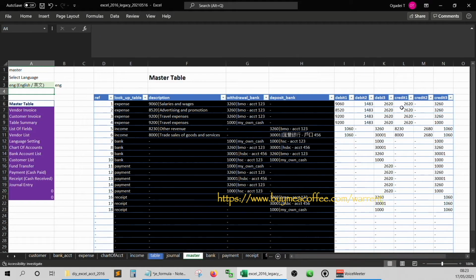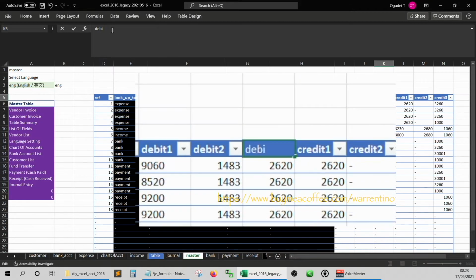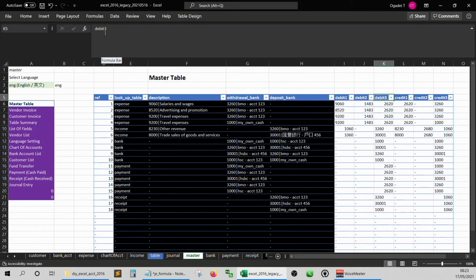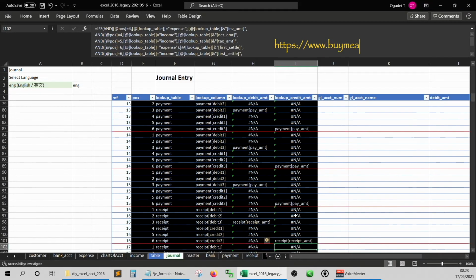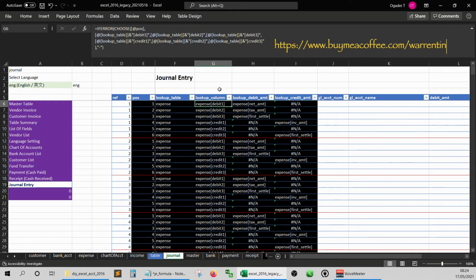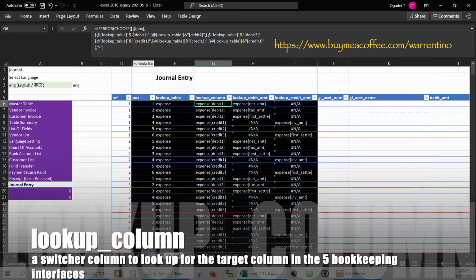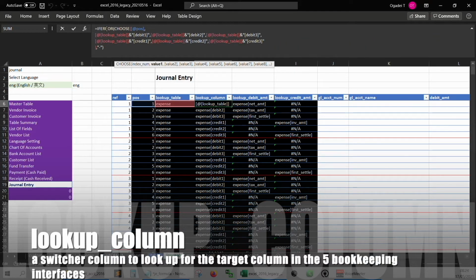Here I spot the typo in the debit tree of the master table. I also changed the lookup column so that it points to the free debits and free credits columns from the master table.